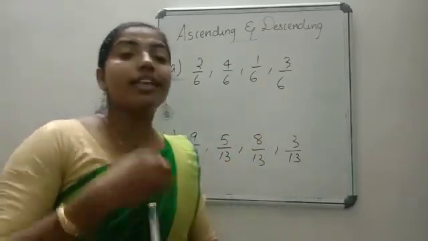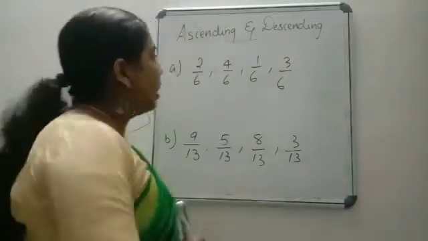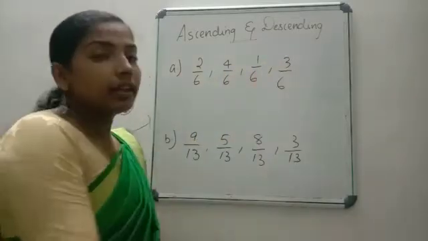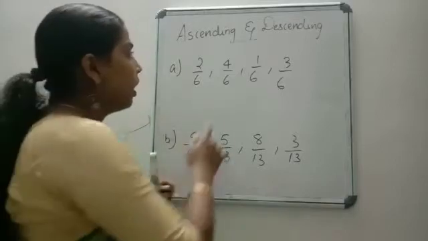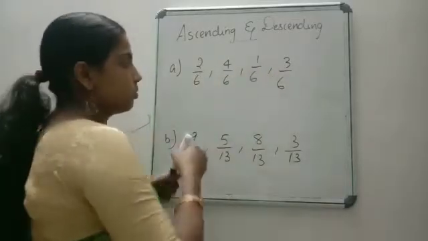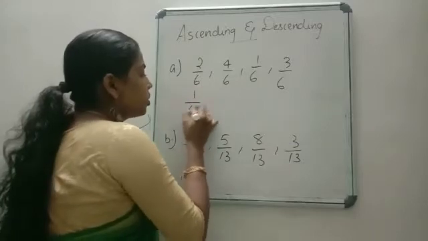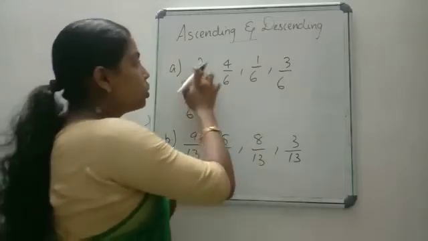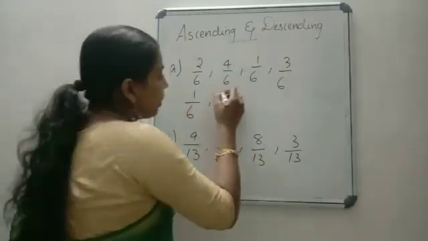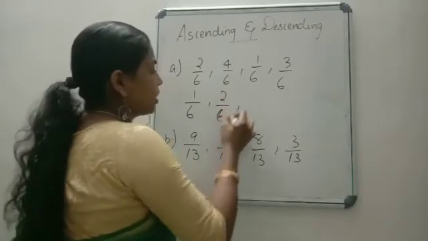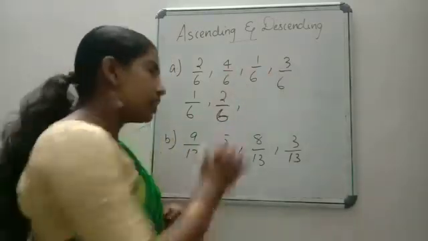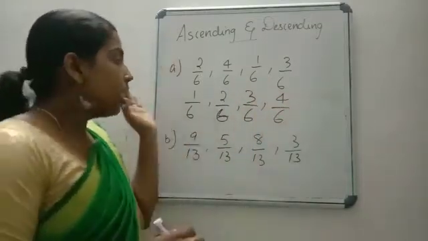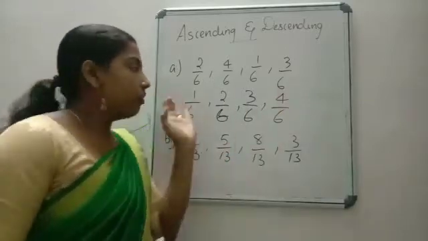Now we are going to arrange in ascending order, smaller to bigger. Now just see the numerator, 2, 4, 1 and 3. Among this, first we have to write the smallest number. Which is the smallest number? 1 is the smallest number. So write that number first. Now the next number after 1, which among 2, 4 and 3 is the smallest number? 2. So write that fraction next. After that 4 and 3, which is the smallest? 3. So 3 by 6, then remaining 4 by 6. This is how we have to arrange like fractions in ascending order from smaller to bigger.